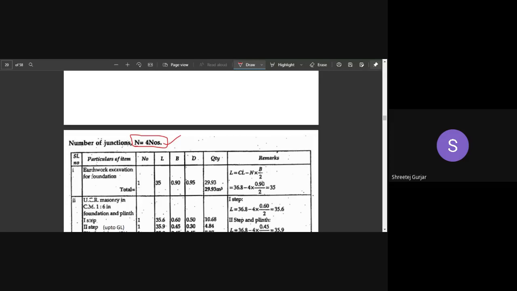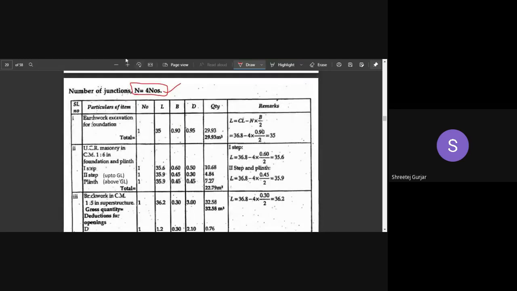And then the 20 centimeter wall getting into 20 centimeter wall, that was N2 we had mentioned, and we had calculated the number of junctions separately for all of this. But in this numerical you can observe that all of the wall thicknesses are the same. So the number of junctions, we have only one type, that is represented as capital N.